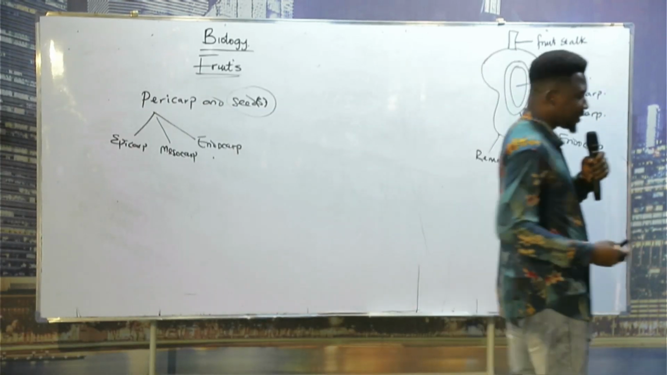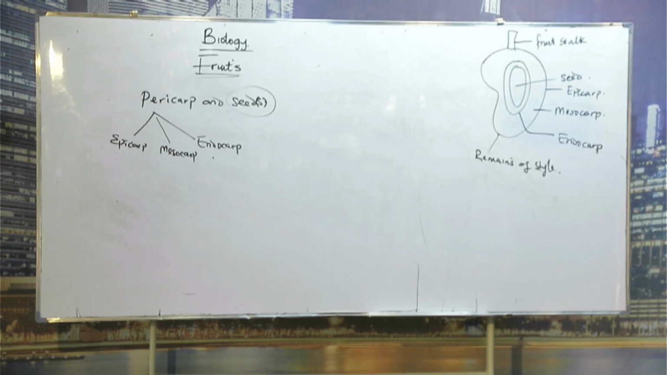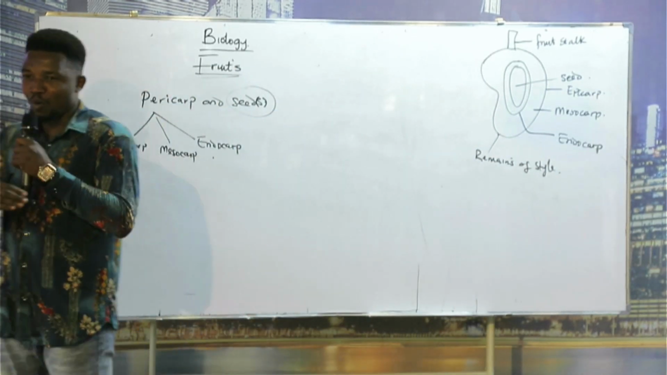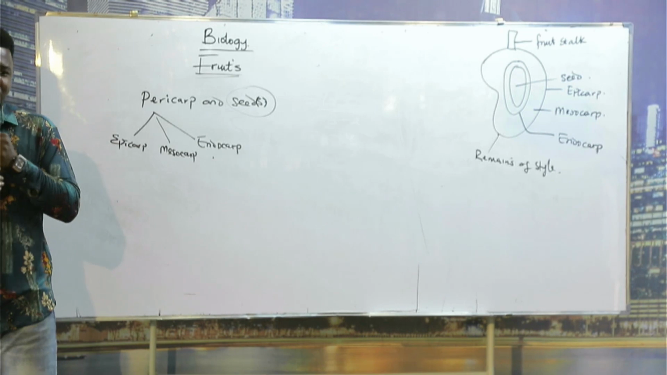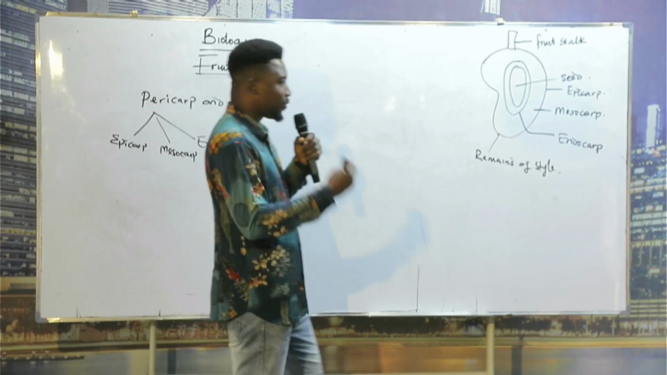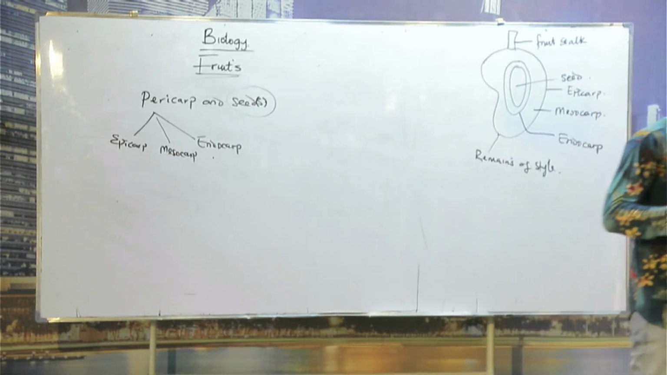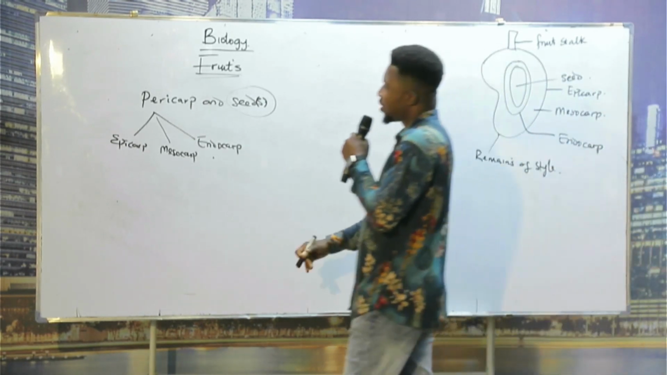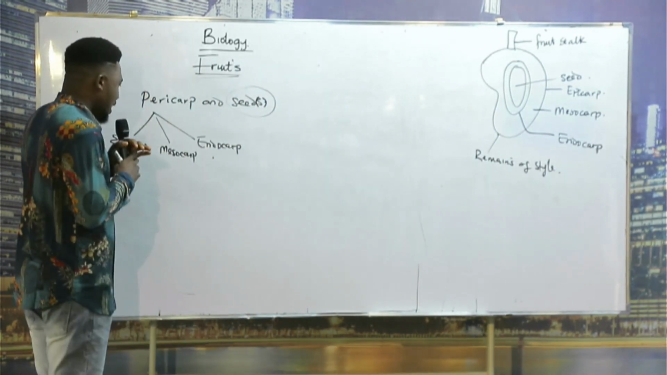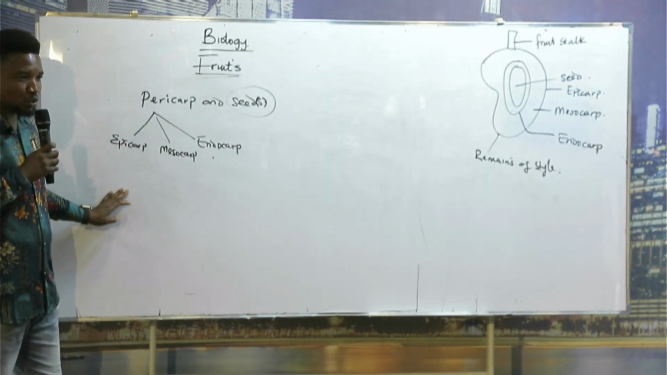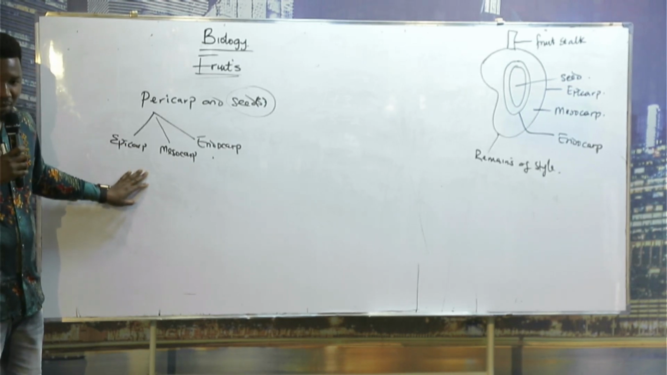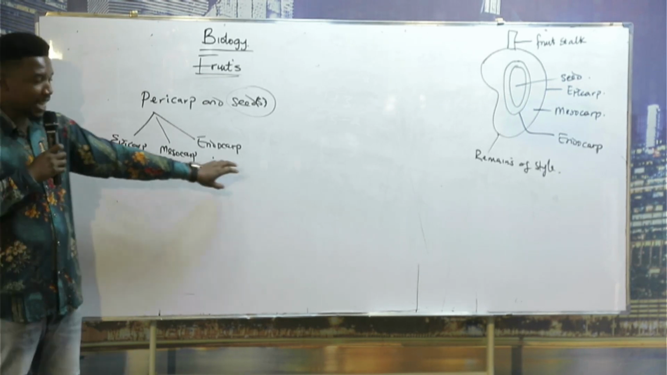But there are some that all the parts are edible, just like tomatoes, right? Both the endocarp, both the mesocarp, both the seeds are all what? Edible, right? There are some that the fruits are fibrous in nature. That is coconut, right? You don't eat the fruit. So what I'm trying to say is that the fruit has the pericarp and the seeds, and the pericarp is divided into three. The first and the outer part is what we call what? The epicarp. The middle part, mesocarp. The inner part,